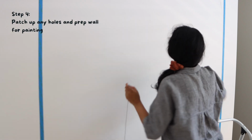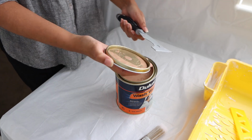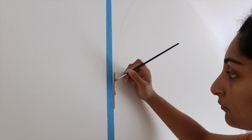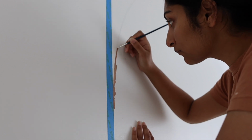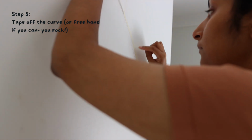After I'd drawn out the curve, I removed the nail, used some wall putty to fill up the small hole, let it dry, and gave that area a light sand to prep the wall for painting. If you have a steady hand, you can absolutely freehand painting the curved section of the arch. I tried and really didn't like how it looked, so I ended up using the same 6mm thin masking tape